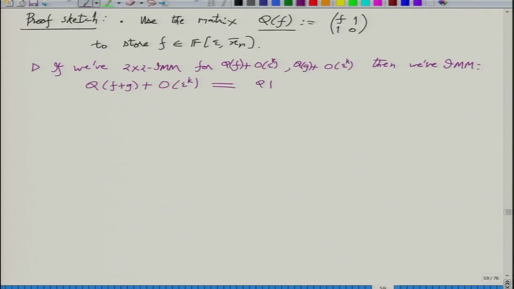So you have a representation IMM for QF, a matrix with this error, and for QG, a matrix with this error. You have these two products. So if you multiply these two products, then you expect to get f plus g up to that precision, right? So that is all. With some calculation you have to show this. So there is a Q0 sitting in between.